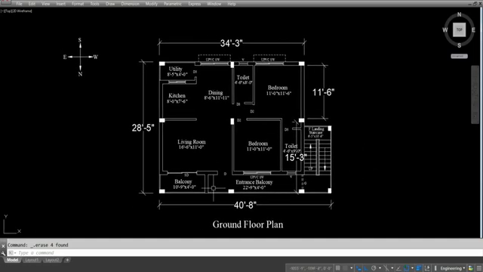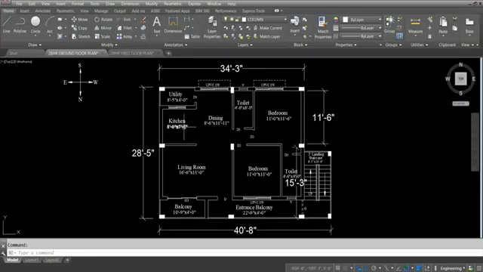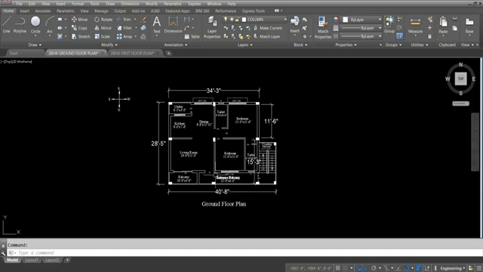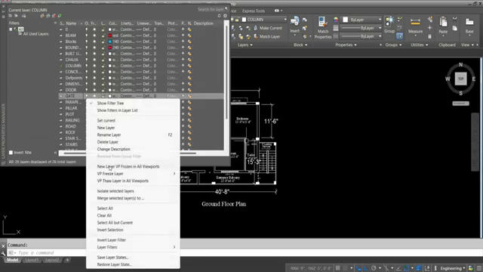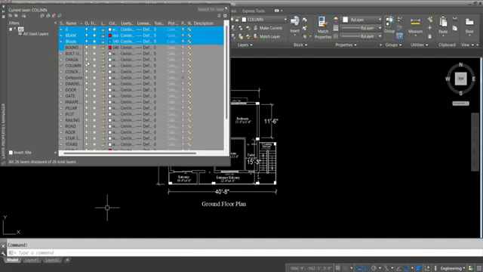Now we will create the ground floor plan, because the first floor plan we have already created in my previous video. This is the first floor plan which I have already created in the last video. Now we will create the ground floor plan. So in the ground floor plan we will create one BHK and parking. At least parking for 3 cars. So first turn off all layers